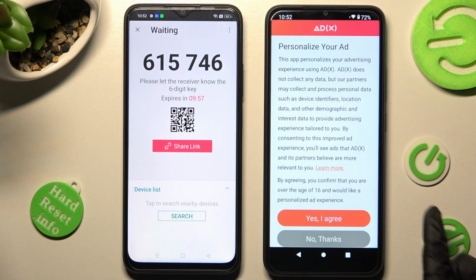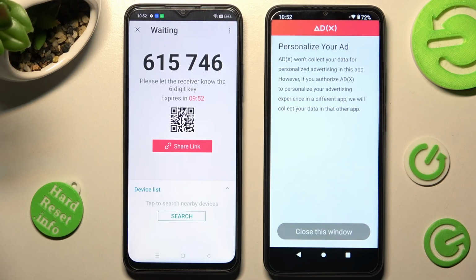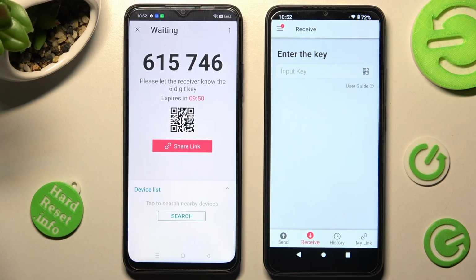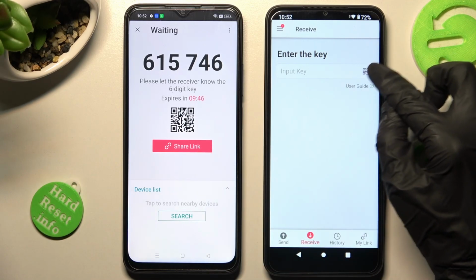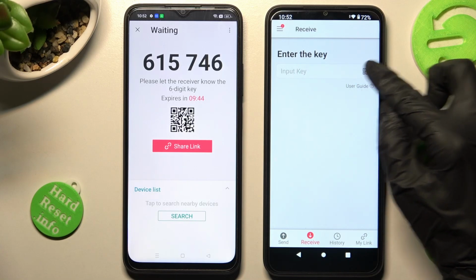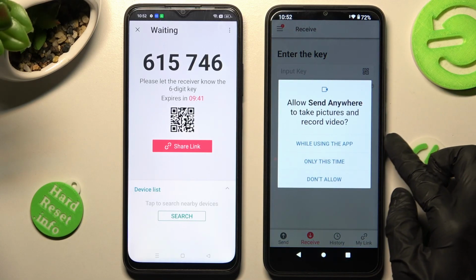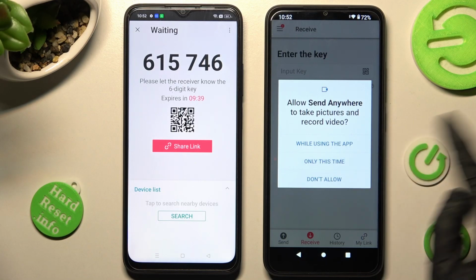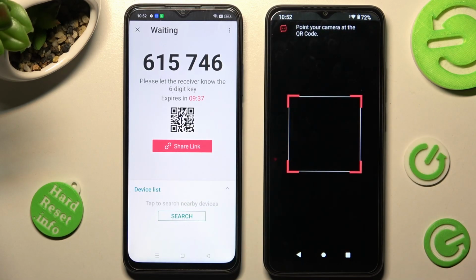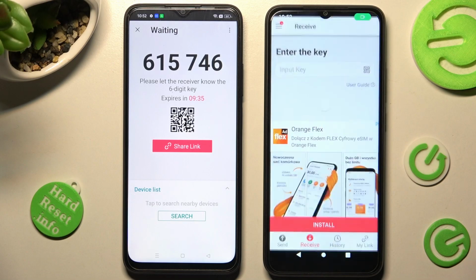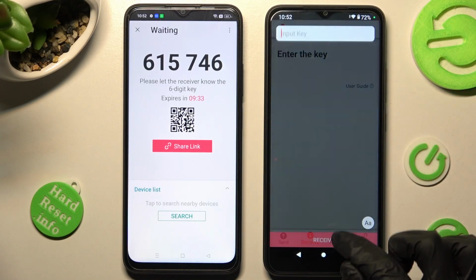Now on an Android, click on one of those options, in my case no thanks. Choose Close this window and finally we have the ways to connect. We can scan this QR code by selecting this scanning icon next to input key, then choosing while using the app or only this time and pointing our camera at the code, or we can just input this key over here instead